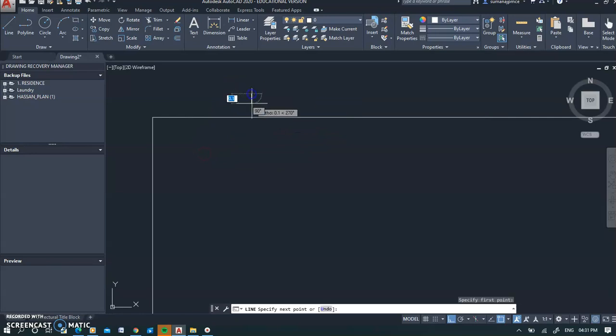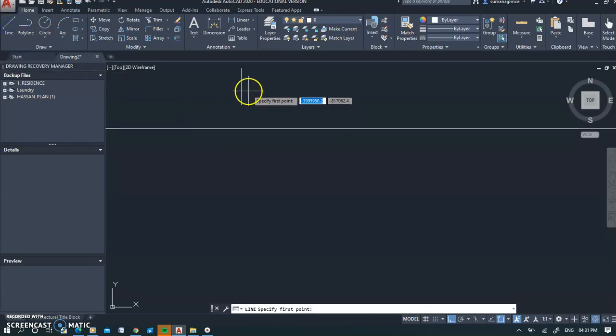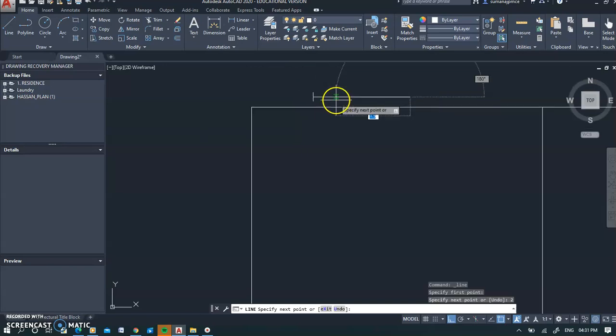Okay, how much do I need? You'll be close to the wall, so you know it will be so much. That's fine. Now your window is about 1 meter. So I'll take a line. I go to the midpoint here, and let's say we have a 2 meter window. So I say 2 meter and I draw a line here.